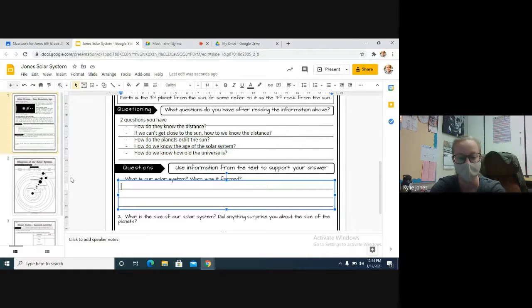Good. So our solar system is a collection of 8 planets that orbit the sun. Okay. That's the first part of the question. There is a second part, so